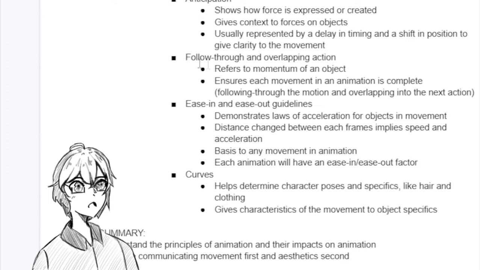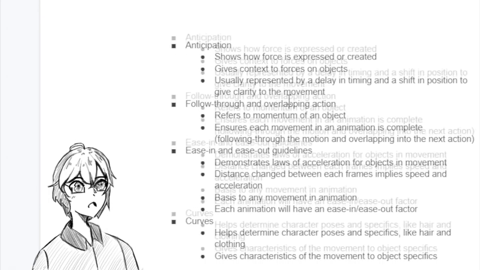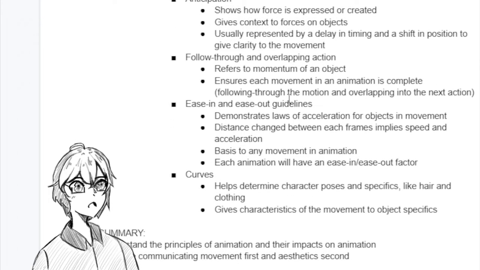Next is going to be your follow through and overlapping action, which refers to the momentum of an object and ensures each movement in an animation is complete because it follows through the motion and overlaps into the next action. So a good example of this, if we're referring back to the example we used in anticipation, is a character jumping up and down. Where we would see follow through and overlapping action is if we saw that the shirt of this character would spring up with them as they sprung up against the ground, and then as they landed,